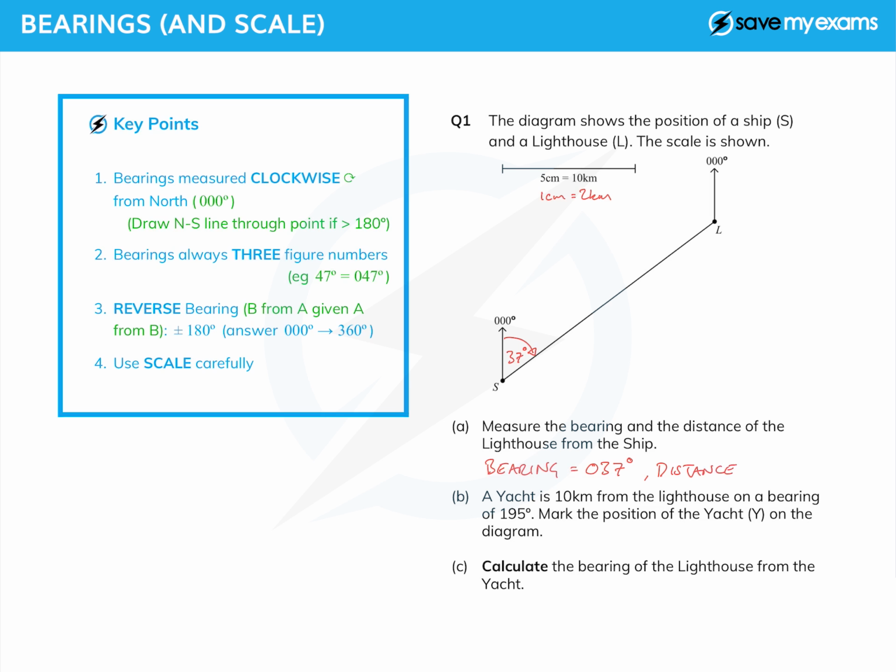And the distance? Well, if I get my ruler out and measure this line, I see that that is 10 centimeters. 1 centimeter is 2 kilometers. So 10 centimeters is 20 kilometers. There we go. Now I've got a yacht. It's 10 kilometers. So 10 kilometers is 5 centimeters from the lighthouse on a bearing of